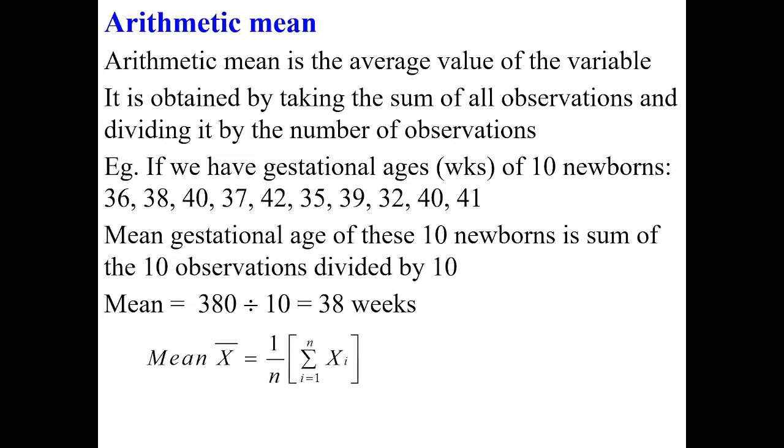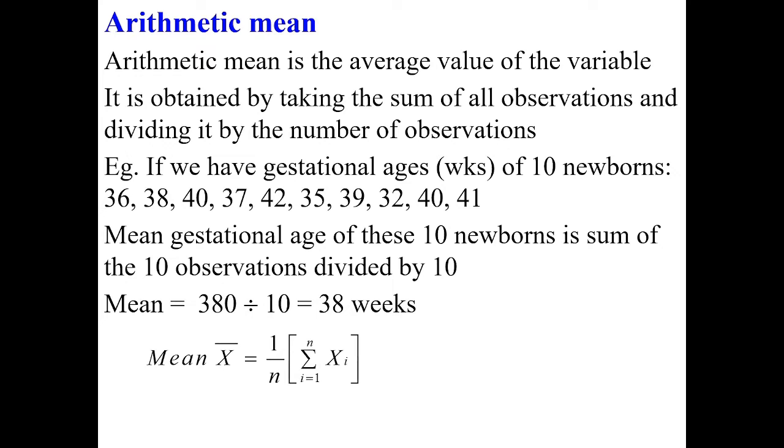What is arithmetic mean, or more commonly simply mean? Arithmetic mean is the average value of the variable. It is obtained by taking sum of all observations and dividing it by the number of observations. If we have 10 gestational ages of 10 newborns, which are shown like this, 36, 38 to 41. This is what we call the raw data, and by looking at this, we don't have the total picture of the distribution, or what is a typical value for the gestational age of all children born in a particular